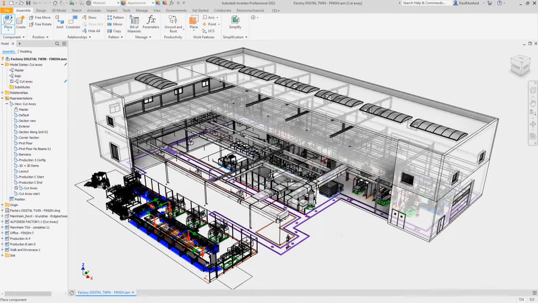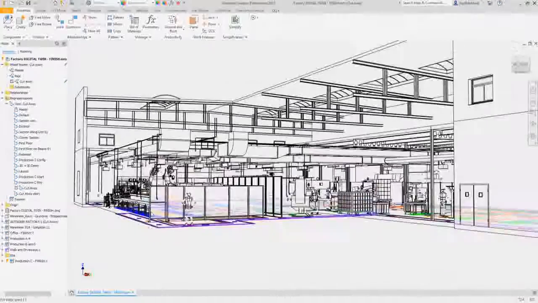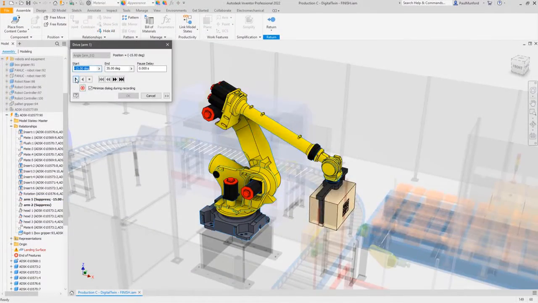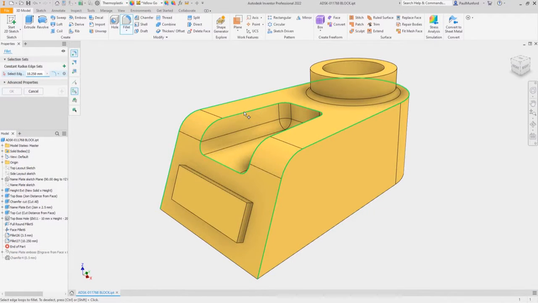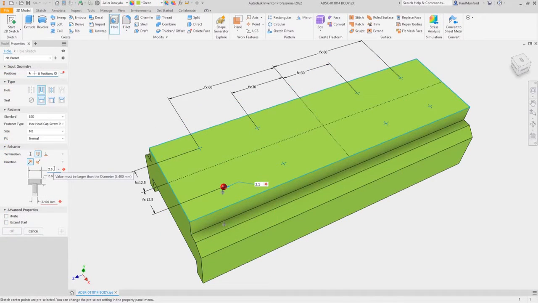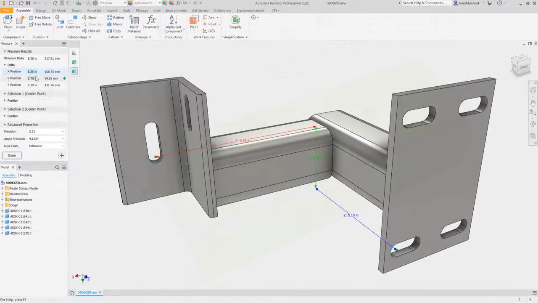You'll see performance improvements from simply opening and closing files, in-place editing, all the way through rendering views. Functional improvements to property panels and the addition of new tool palettes provide a more streamlined workflow across the entire